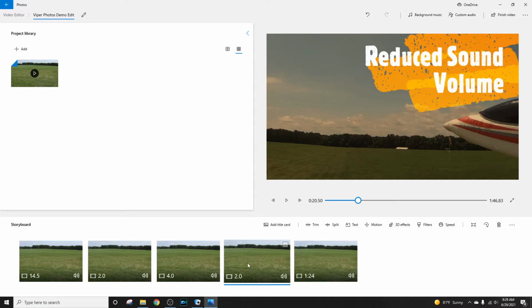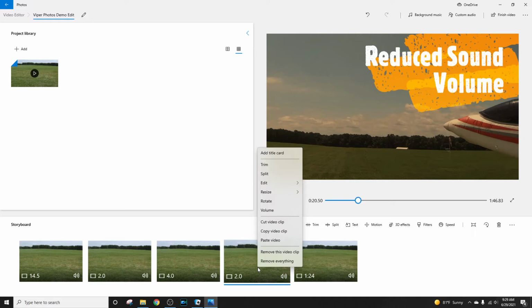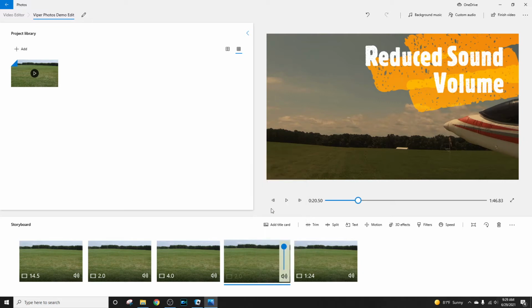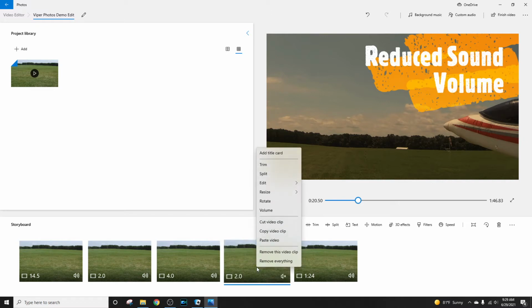All right, so this is our reduced sound volume. So now it's got the focus. So what I'm going to do now is we're going to right click, and we see the volume option. So we're going to click the volume option, and here, I can take the volume all the way down. I can eliminate it or just reduce it. I'm going to eliminate it, but another option that you have when you click this is you can go into